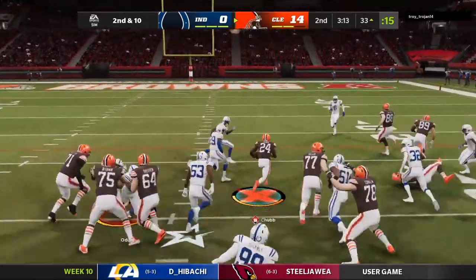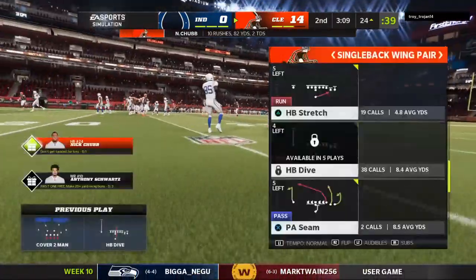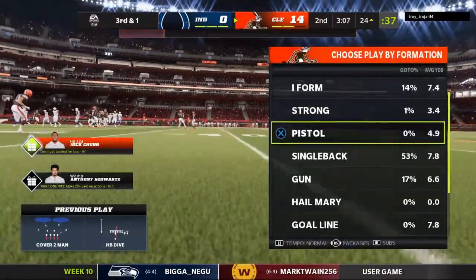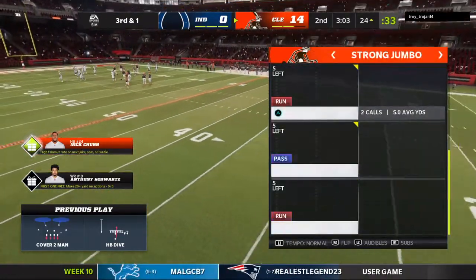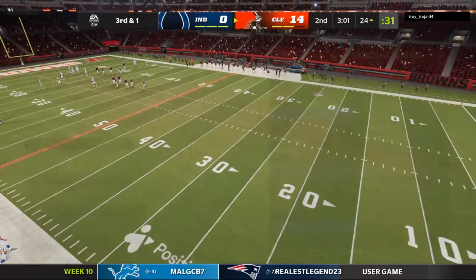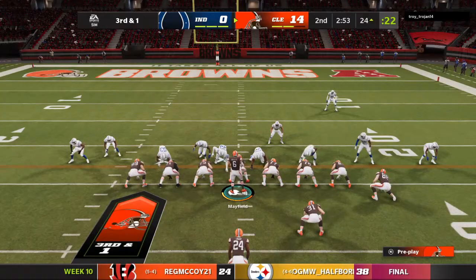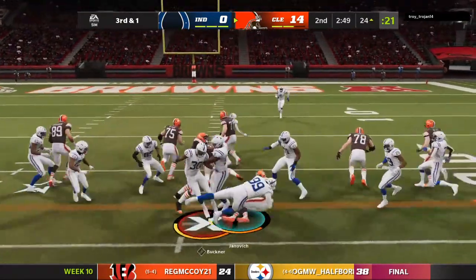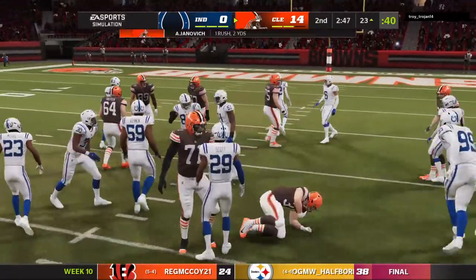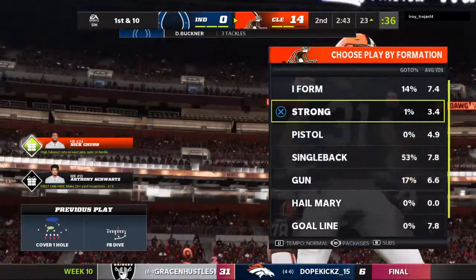2nd down, here's Chubb again. And he's going to get this pretty close to a first down at the Colts' 24. 81 yards for him on the ground so far tonight, as he has been terrific in this first half. Heavy set out there on 3rd and 1. And they'll let their fullback try and push the pile. And he is going to have a Browns first down as they're able to convert, albeit not by much, on